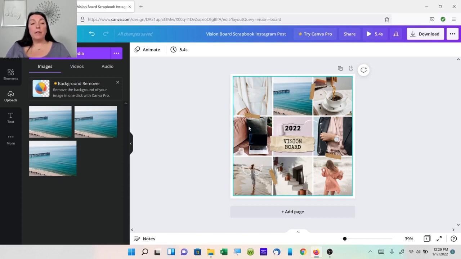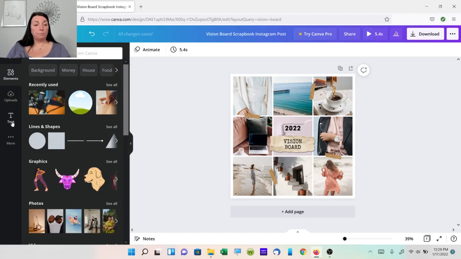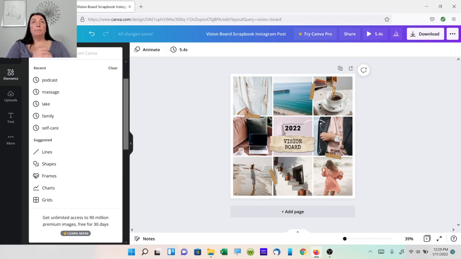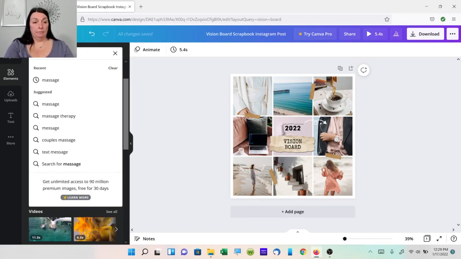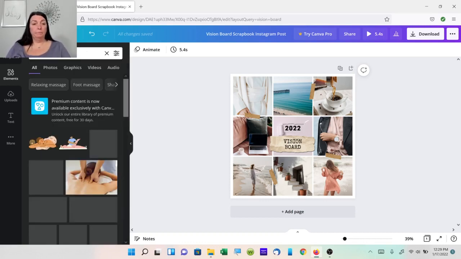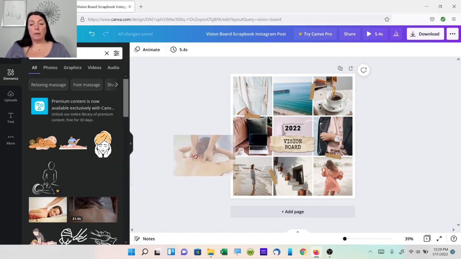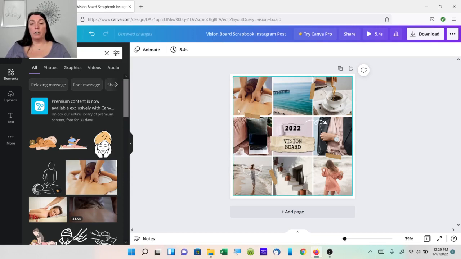Okay. Then you can also go back over here to elements on the side and you can select the search. Let me say I want a self-care. So maybe I want to do a massage for my self-care. Hit massage. Here's an image. It's a free image. So I'm going to load it over here into that square.